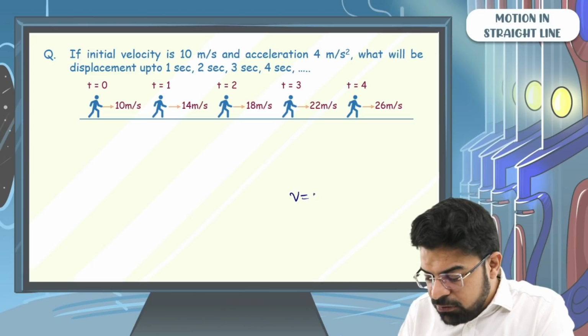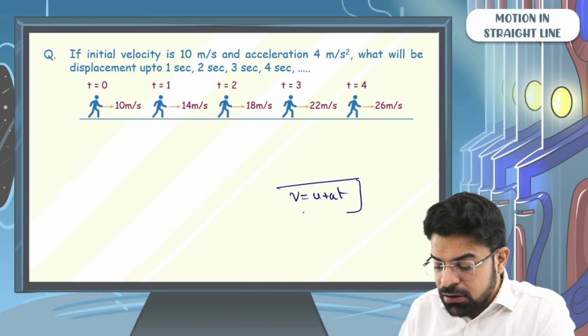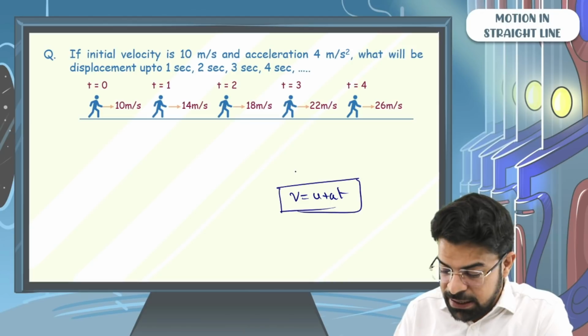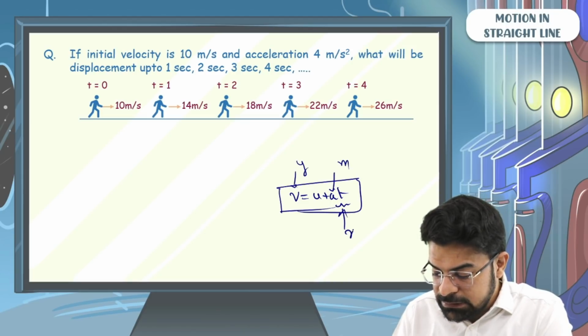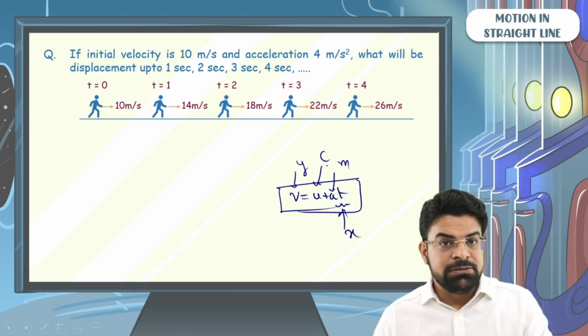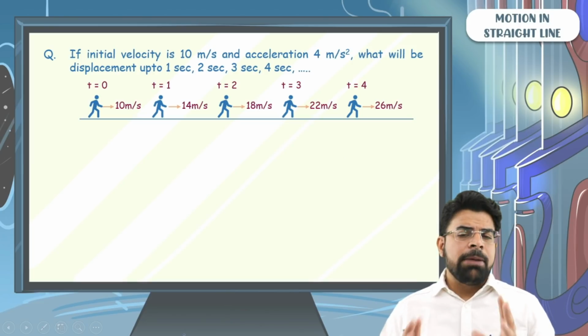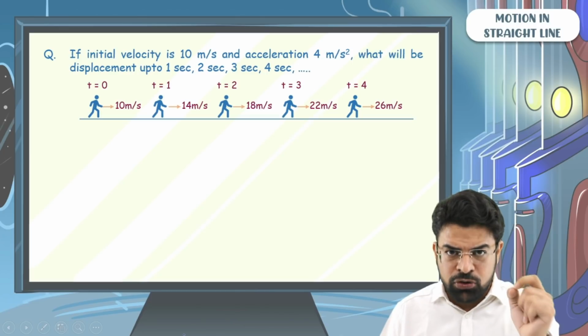v equals u plus at. The graph is a straight line, y equals mx plus c. This is a straight line. So just remember, for uniformly accelerated motion